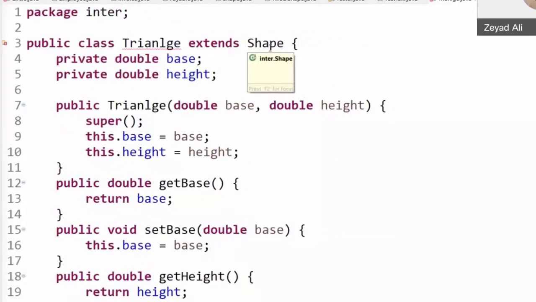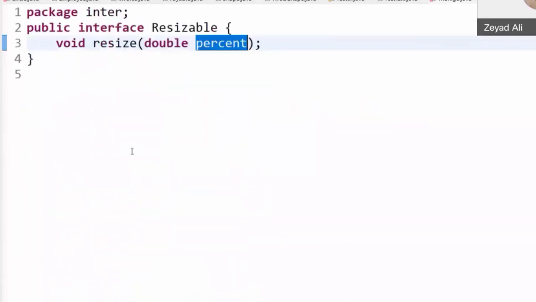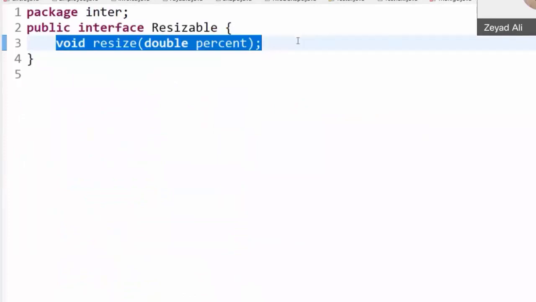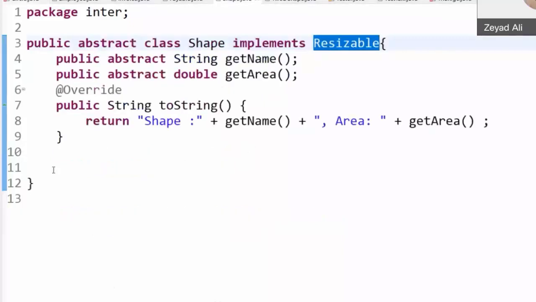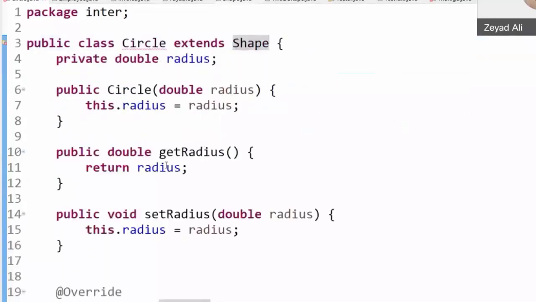In order to be able to do this, you must also implement all the methods of the interface. How many methods are there in the interface? Only one method. What is it? Resize. So in any subclass of Shape, since your superclass Shape implements Resizable, you must implement the resize method.